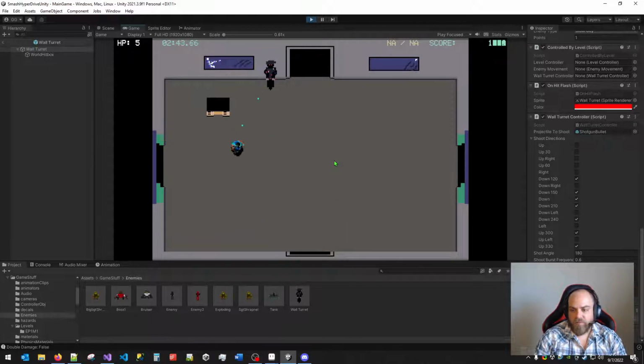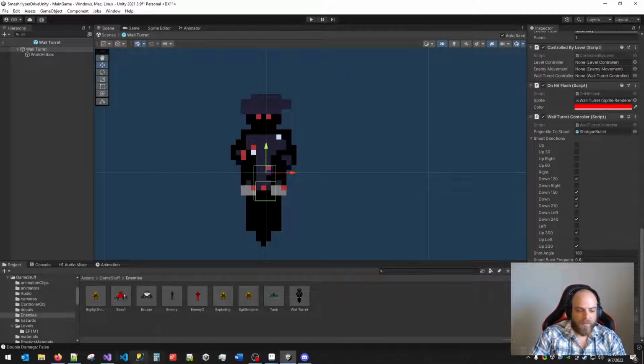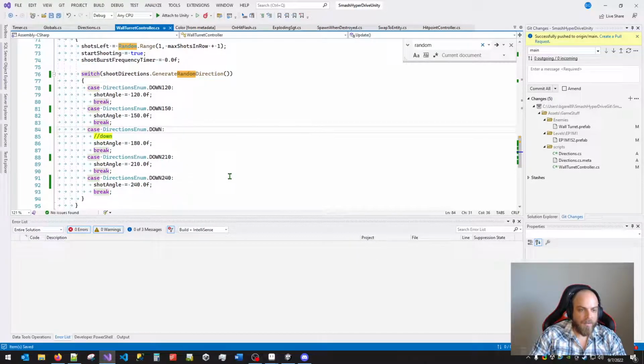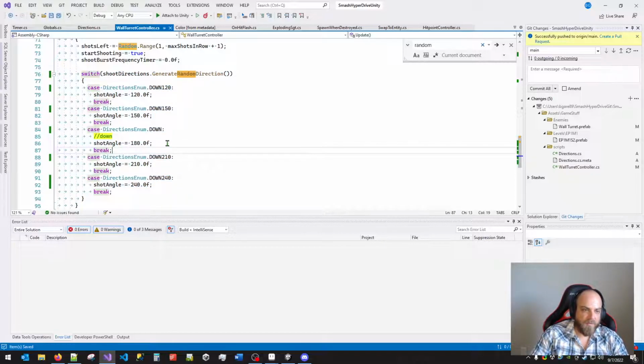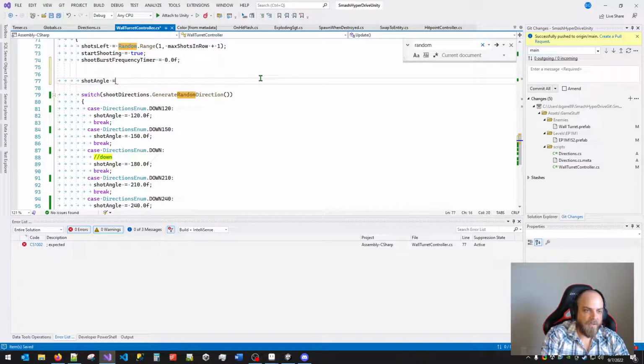Okay, now I should be able to take this and make it the actual. You input one of the directions and it returns the angle, right? So instead of it just doing this, I want it to return an angle. So this should be an input to a method that sets the shot angle. Shot angle equals shoot direction